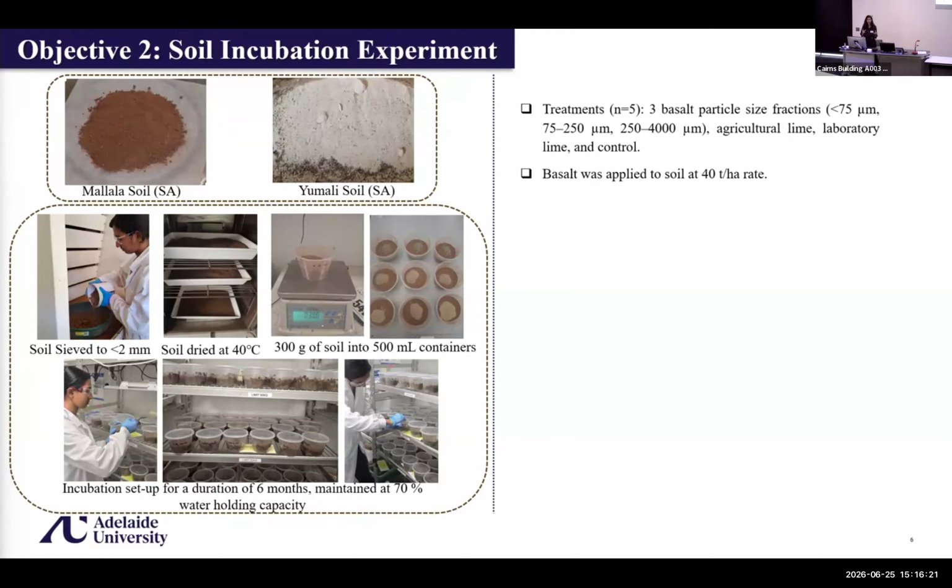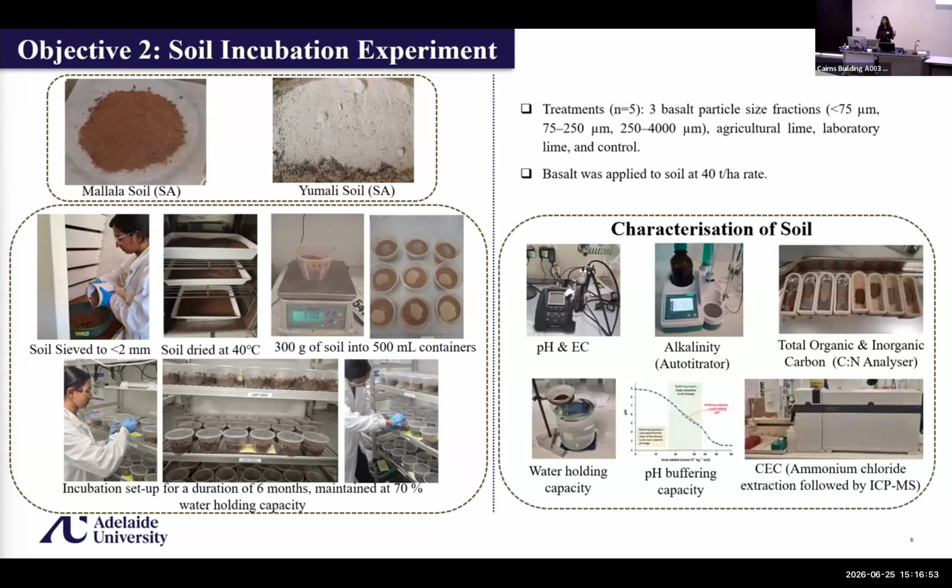And the basalt application rate I used in this incubation is 40 ton per hectare. The incubation is for 6 months overall and maintained with a water holding capacity of 70%. Coming to the characterization of the basalt, I characterized the pH, EC, alkalinity using the autotitrator, total organic